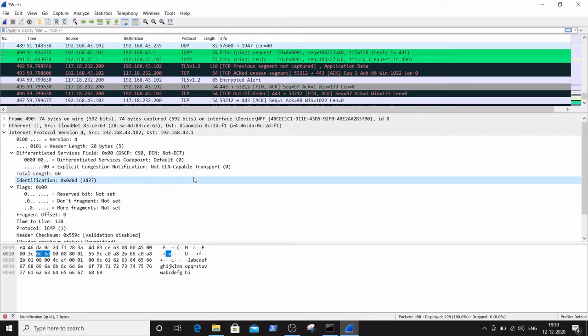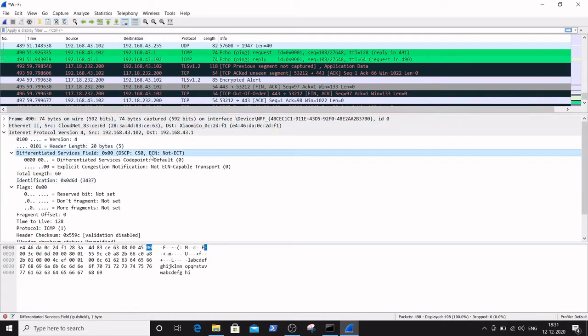Identification is 0x0d6d, and this value is highlighted in the data view window in the form of hexadecimal numbers. Now differentiated services: the differentiated services field contains 5 subfields that specify the precedence, delay, throughput, reliability and cost desired for a packet.